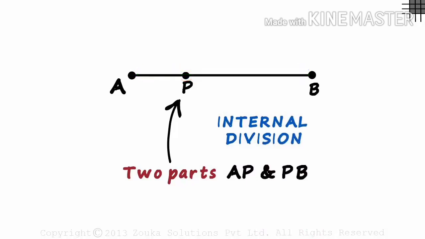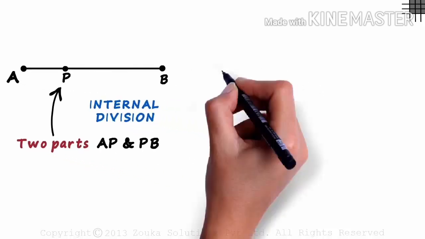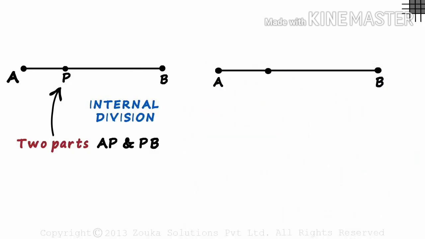Can a point divide a line externally from outside? Sounds weird, but yes, it can. We see that in another video. Let me redraw the same diagram, but this time we look at a few more details. Let us assume that the point P divides the segment AB in the ratio m:n.